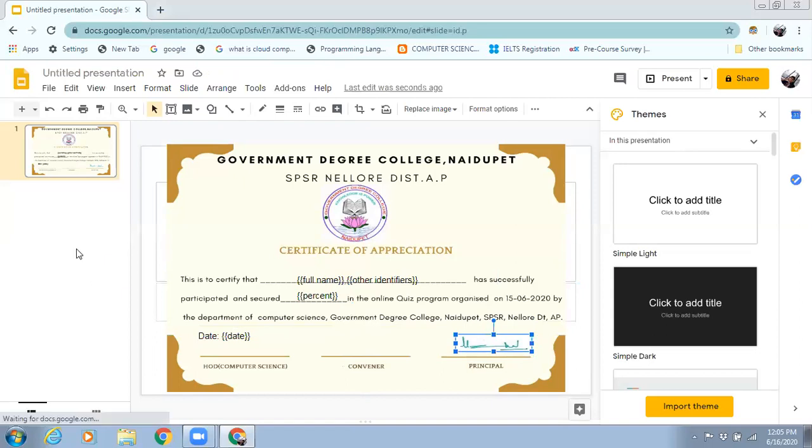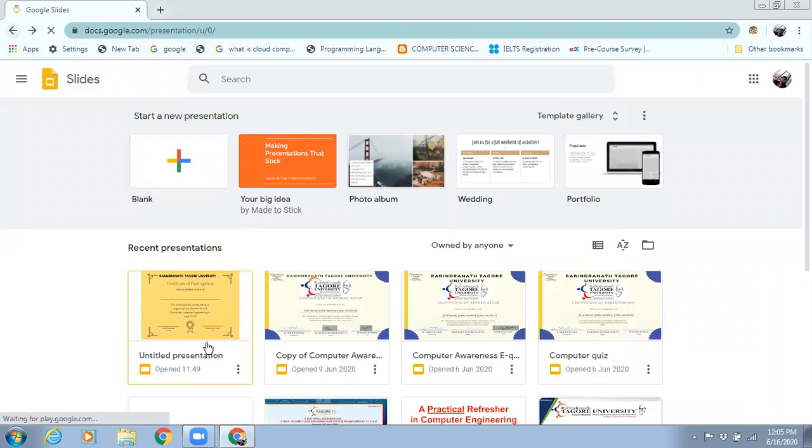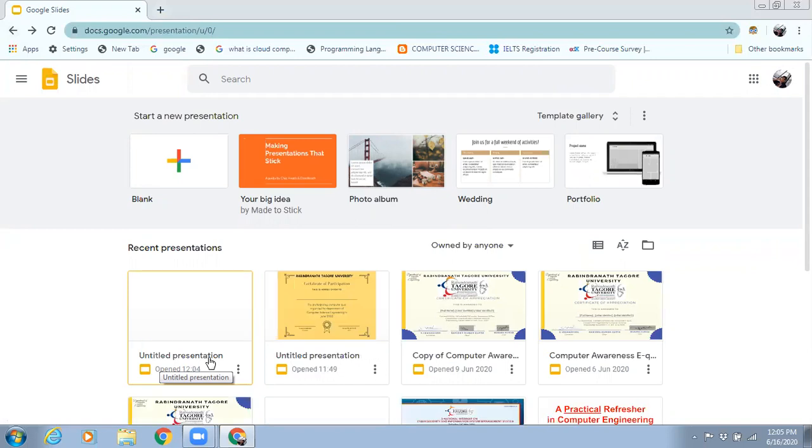Okay, so it will automatically be saved in Google Slides. By clicking the arrow button here, this is saved as an untitled presentation. You can save it with a name also.